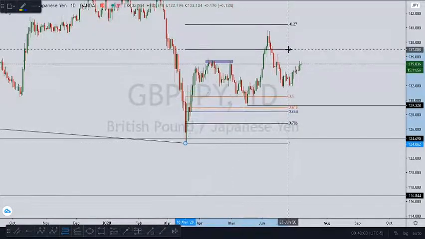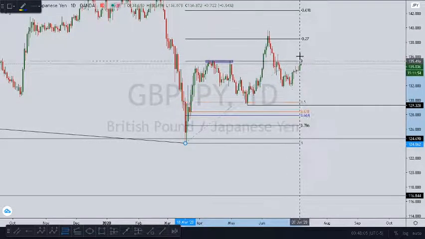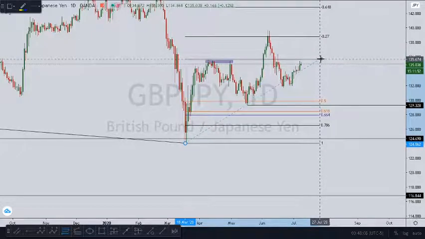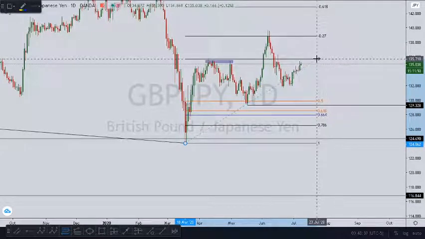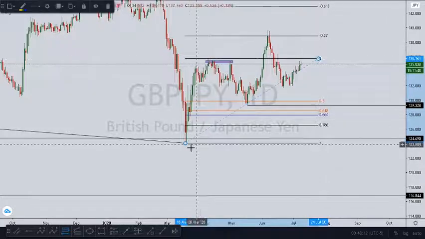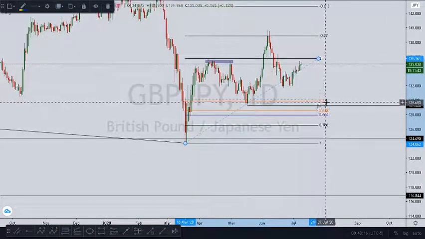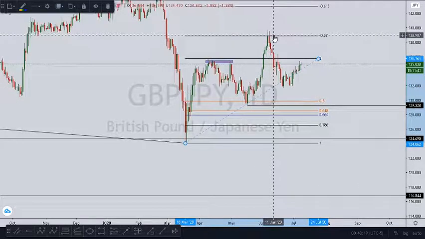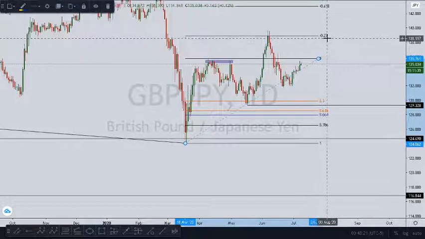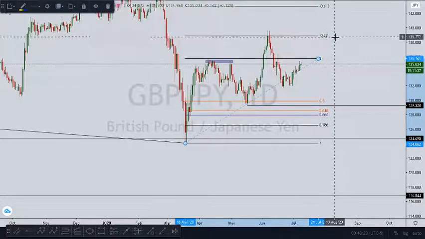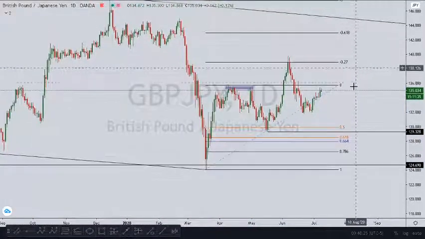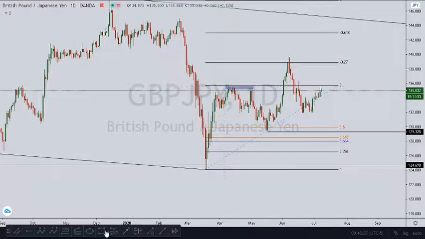From the low to the high, just watch the zero, watch the zero. So as you can see, I'm putting the zero level at the tip of that. So from the low to the high, came down to the 50% level, rejected at the minus 0.27, which is also a target level. And if you want to get technical, you can also use